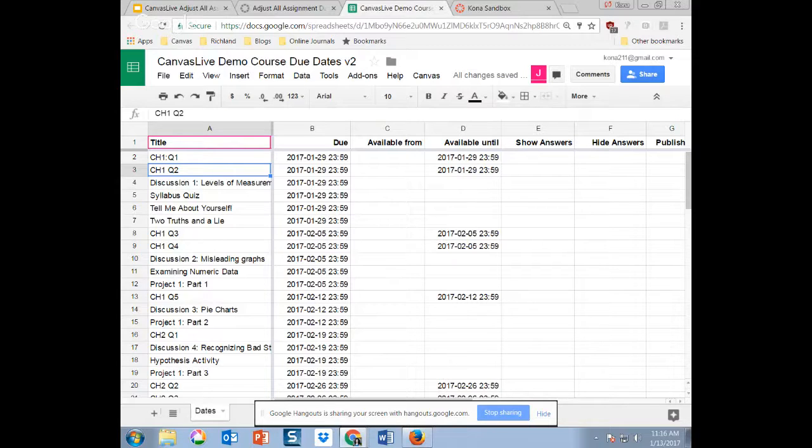Someone asked if we save the access token into this Google Drive sheet, how secure is it? It is stored in Google at a user level and a script level, which means if you do share this, like Kona shared it with me, I cannot get access to her token. I can't retrieve the token back. So trust Google, I guess. Basically it's as safe as you are willing to trust Google, but we don't have access to it, and no one else who got into that spreadsheet would have access to it. So trust it as much as you'd like to trust